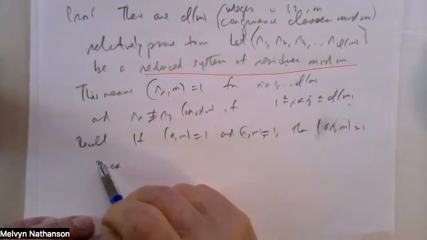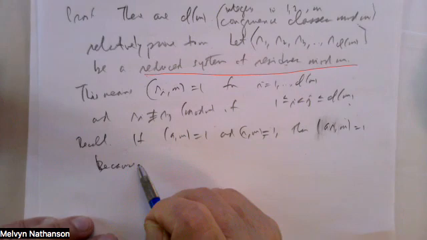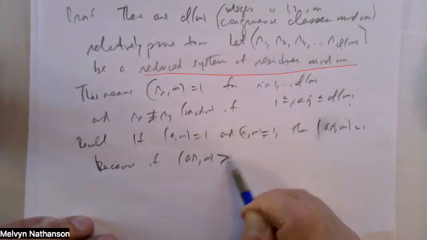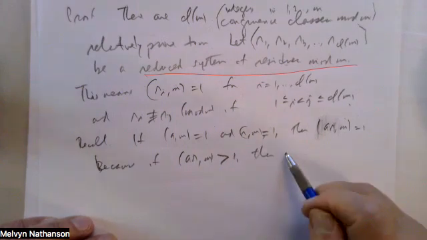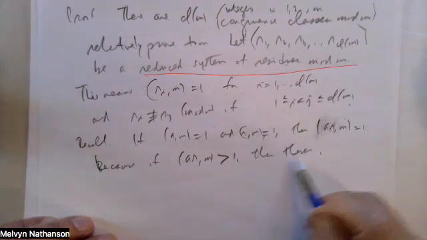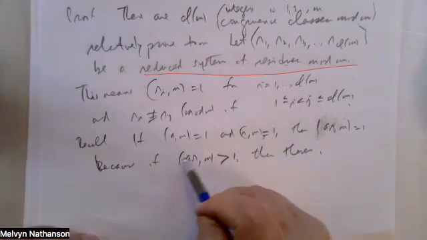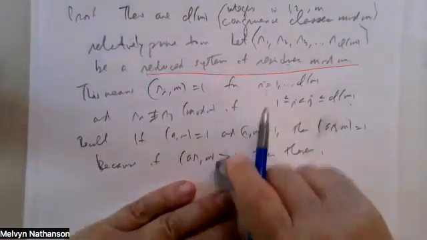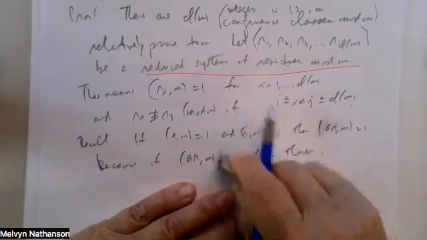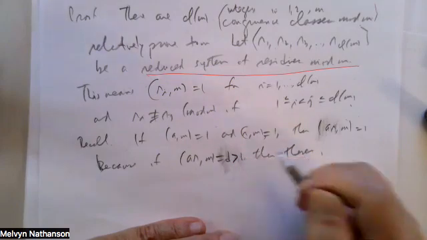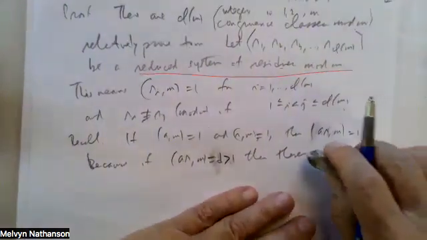Because if the greatest common divisor of AR and M is bigger than 1, call this number D. So if the greatest common divisor of AR and M is equal to some number D, which is bigger than 1, then